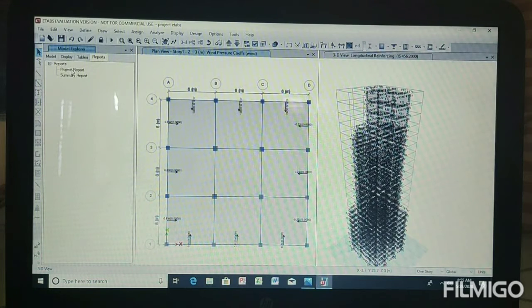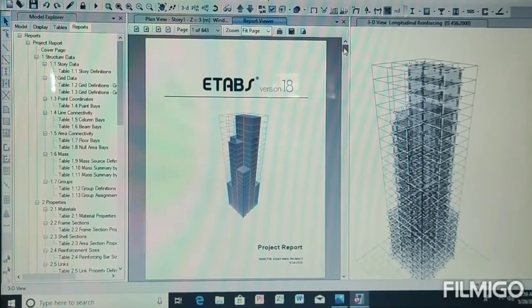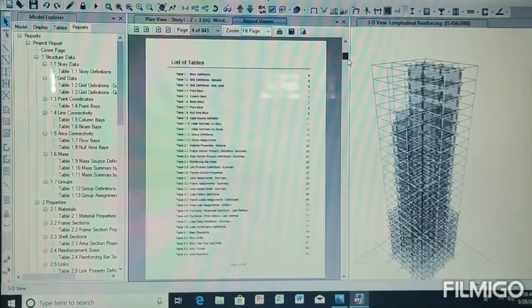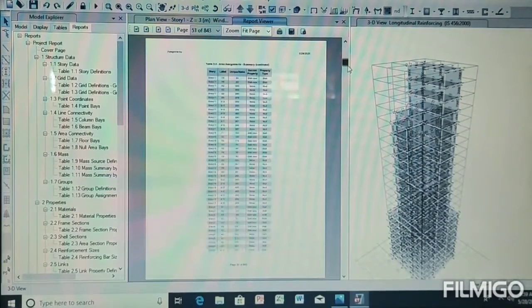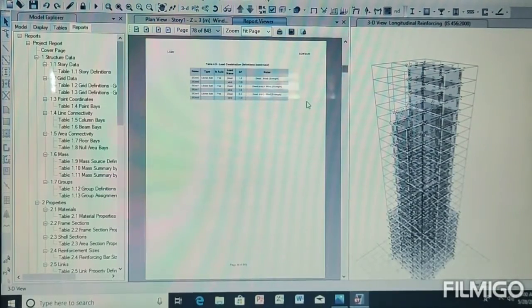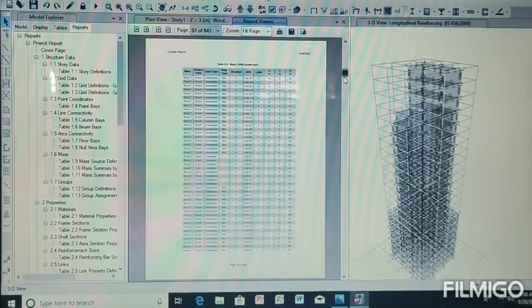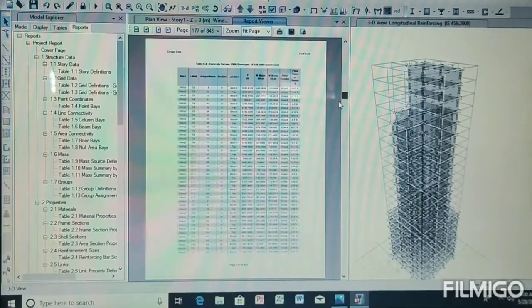Go to report, the project summary or summary report. You can click and take the report of it. And here the project report has been generated, and you can view the project report starting from here, and you can note the rebar details for each story.